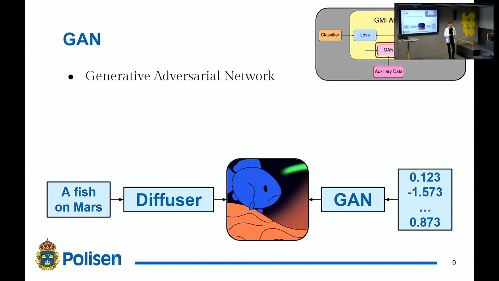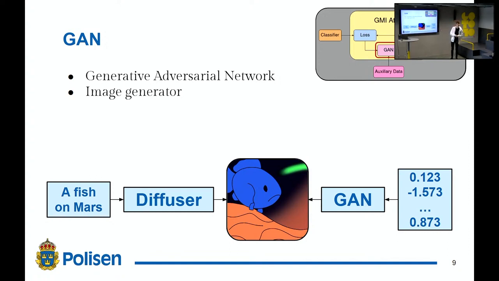What is important is that we train it on the auxiliary data. So using the auxiliary data, we create a new GAN, which is able to generate images similar to that of the training data that we give it, the auxiliary data. And this image generation process is very similar to that of diffusers, which have grown popular lately, like Midjourney, Stable Diffusion, or DALL-E 2. But these systems, if you've used them before, take in a text input, generally speaking, like for example, a fish on Mars, and then they spit out an image, like the cute fish you see in